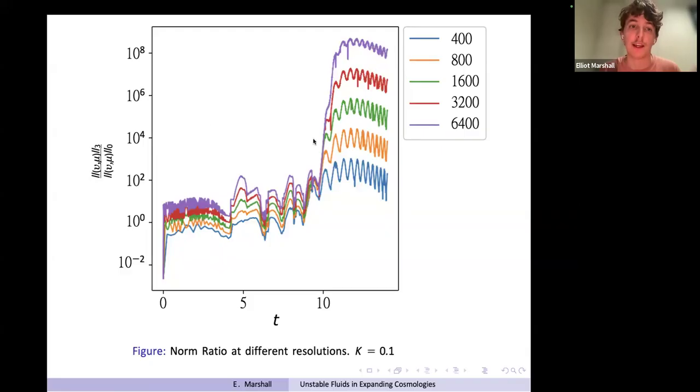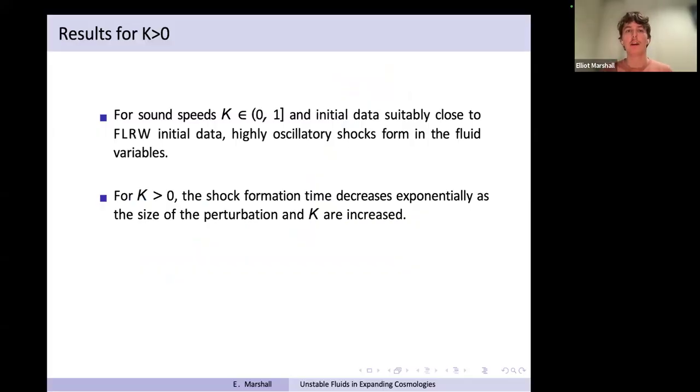The main point I want to make is that it's not enough to just choose some fixed number and say, if this quantity becomes larger than that number, a shock has formed. You have to keep in mind that a numerical approximation is really interpreted as a sequence of solutions. So we have to look at the sequence to be confident, qualitatively, that there is a discontinuity that is being more sharply resolved, which is leading to this norm quantity blowing up. So that's a rough idea of the numerical strategy we're using to confirm what we can see very clearly visually. Okay, so now I want to go through some of the key results.